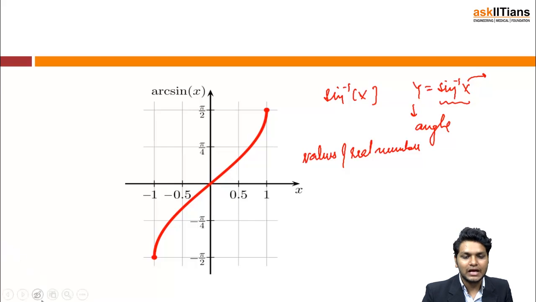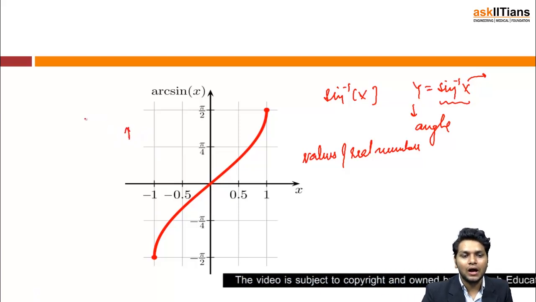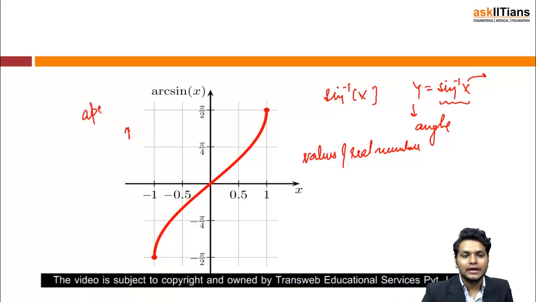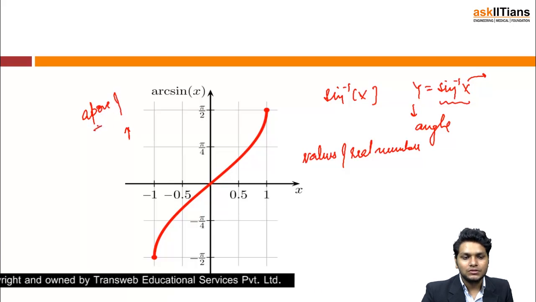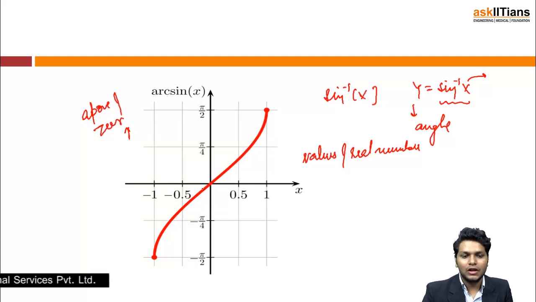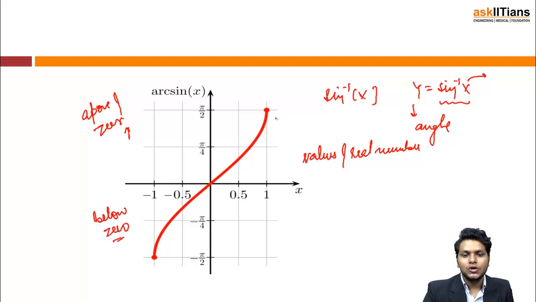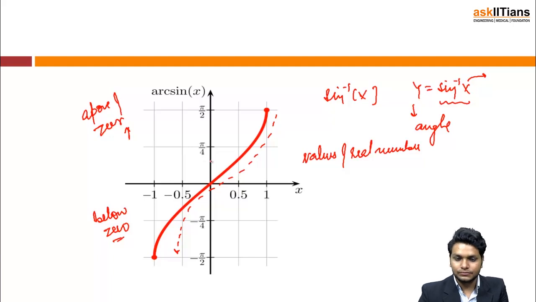Now the axis says that you can have a range of positive as well as negative values. If you have a positive value, you will plot it above 0, and if you have negative values, you will plot it below 0. You'll get to understand how we get this kind of functionality when we read and understand the nuances of sine inverse, cos inverse, and various other factors.